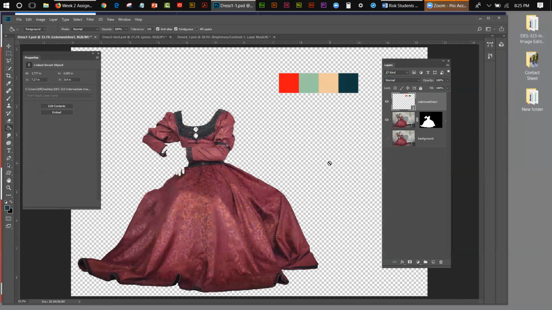Now, there's two ways that you can consider this. First of all, you can consider that you could cut that fringe away. I could mask that fringe and leave that fringe dark like it is. I could do that if I wanted to. Or you could assume that in the process of creating this dress, they would use a complementary fringe. So they would use a darker red fringe on a red dress. They would use a slightly darker green fringe on a green dress. They'd use a darker fringe on a camel dress, and of course they'd use a tealish darker fringe on a